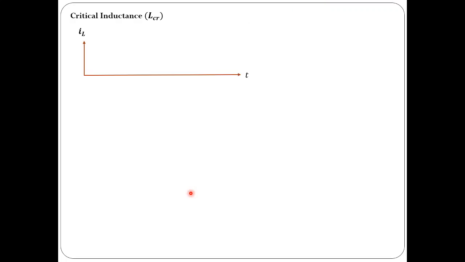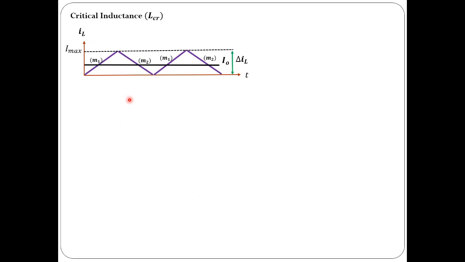Anyway, let us try to find the critical value of inductance. This is the boundary condition. For this condition, let us find what the value of inductance should be for a given value of resistance and the remaining quantities, duty ratio, voltage and so on. We know this is just the continuous condition. If I decrease the value of inductance below this, it becomes discontinuous. So all the formulas we have derived for continuous conduction mode can be used for this case also. Okay, let us try to use that.